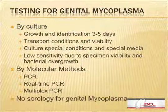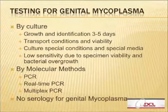Now, the testing for mycoplasma, as you know, and as Dr. Cole mentioned, it's very difficult to really grow them, and it's very difficult to collect and transport. They need special conditions to maintain viability, and they require special media and then special conditions to grow. It takes about 3 to 5 days to grow and to identify, but the most favored one today is the molecular method, and it will not take more than a couple of hours if you use real-time PCR, or within a day to